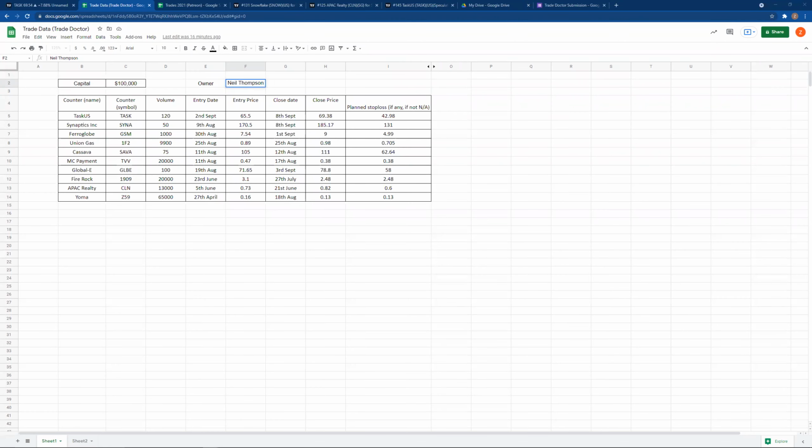Okay, so this is actually the second session for the trade doctor. The first session was done quite a while back, because it's not really easy to do this session. It does take a lot of time to go through each and every one of the trade data that was submitted. So in summary, what this series is about is that